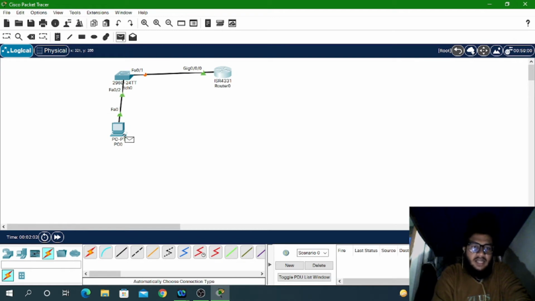Okay, after that you can see here that I can ping from this PC to this router. So just wait till these lines become green, because it takes some time to make the interface up. As soon as you connect the switch and router, it will take some 15 seconds to get it up, because there is spanning tree.